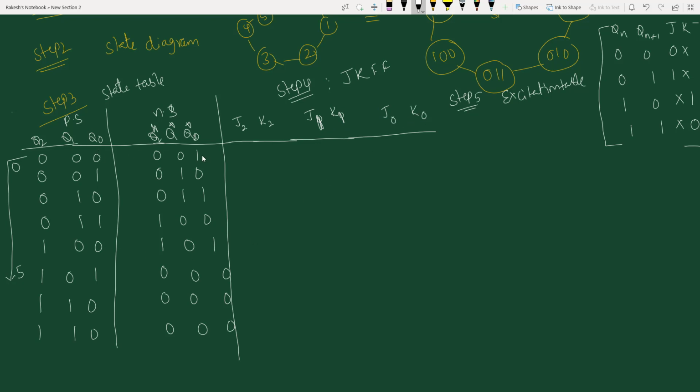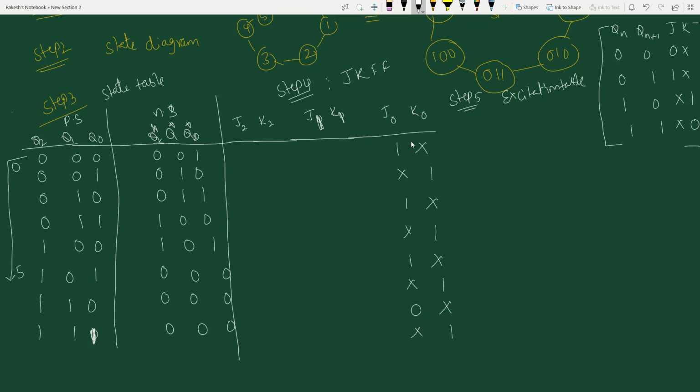If you look at the 0 to 1 transition for Q0, 0 to 1 will be 1 comma x, then 1 to 0 will be x comma 1, 0 to 1 will be 1 comma x, 1 to 0 will be x comma 1, 0 to 1 will be 1 comma x, 1 to 0 will be x comma 1, 0 to 0 will be 0 comma x, and 1 to 0 will be x comma 1.